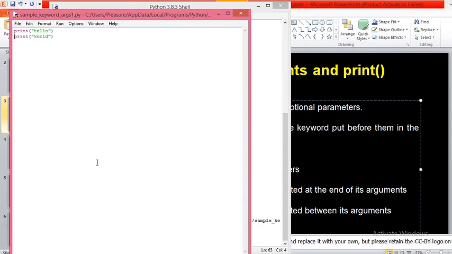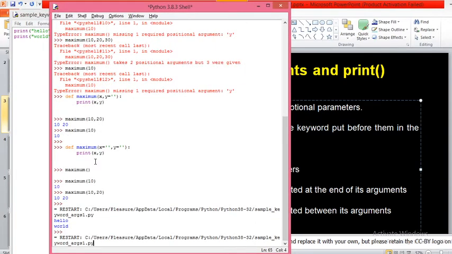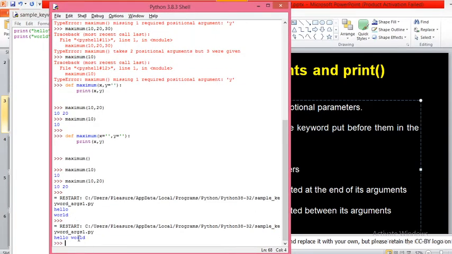So now what I can do here, look, I use the end keyword argument. This indicates what character or what is to be printed at the end of the output. Now I'll put one space in the end optional argument. When I use this, the output will come in only one line, hello followed by a space, because the end argument has a space here. So instead of a new line it adds a space. That's why you now get hello space world.